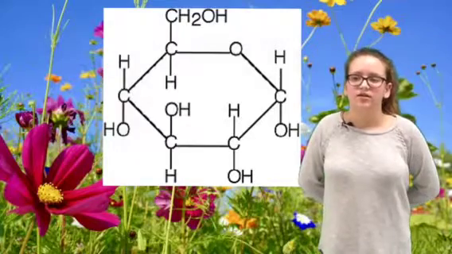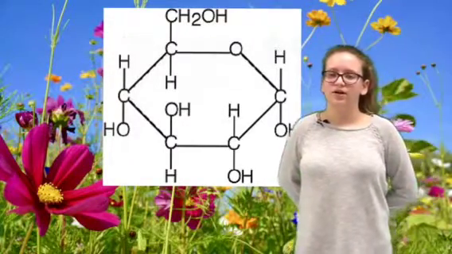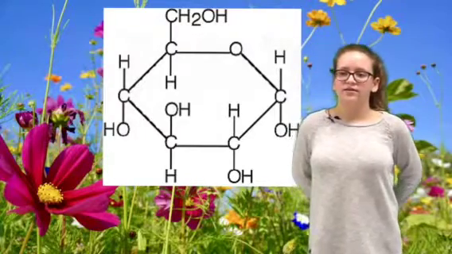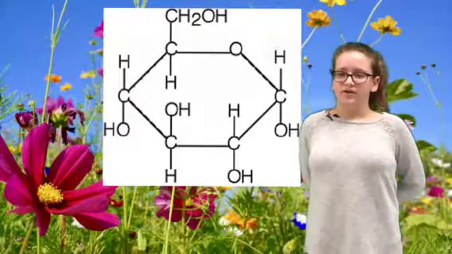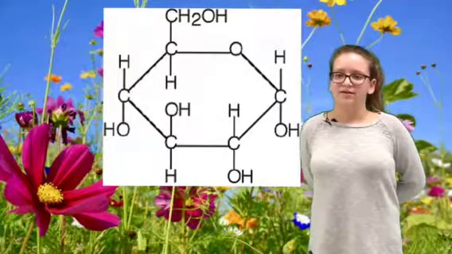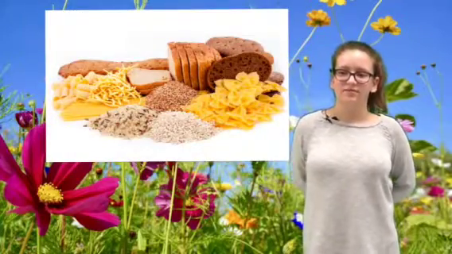Carbohydrates give you energy. Your digestive system turns carbohydrates into glucose, which is sugar, that your body then uses for its functions. Some carbohydrates are used for energy, and some are stored in the liver for later use. Some foods that are good suppliers of carbohydrates are pasta, potatoes, bread, and sugars.